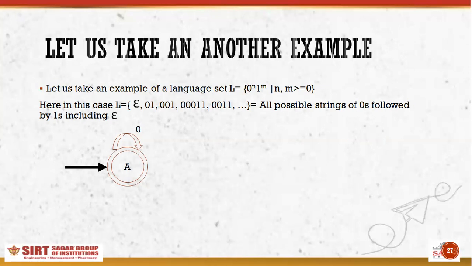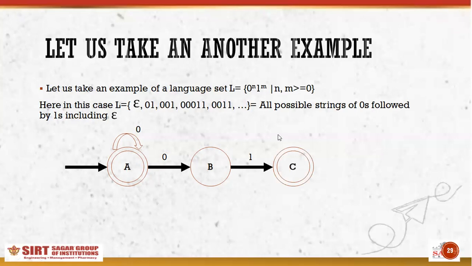Okay, but there is no requirement that there should be a 1 after that, because if I take m as 0, only zeros will be there in my string. So that is why this is valid, that any number of zeros will be on the final state, so there is no problem. Now, by taking another 0, I will reach some state B,